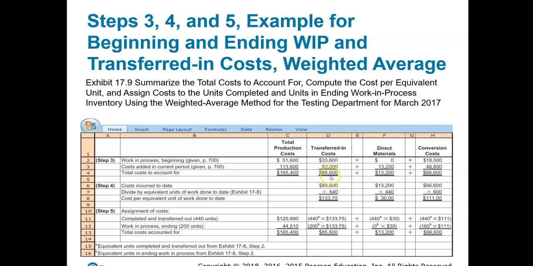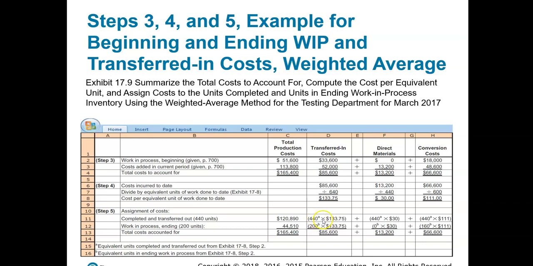Then, in step 4, we take that total cost to account for and divide it by the equivalent units of work done to date. We calculated that in step 2 to get our cost per equivalent unit of work done to date. Then we take that cost per equivalent unit and assign it to our completed and transferred out units, and also assign that cost to work in process, valuing for transferred in costs